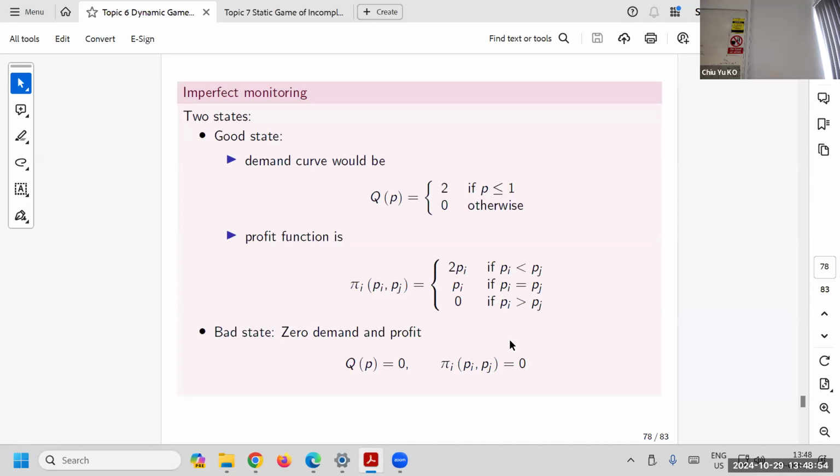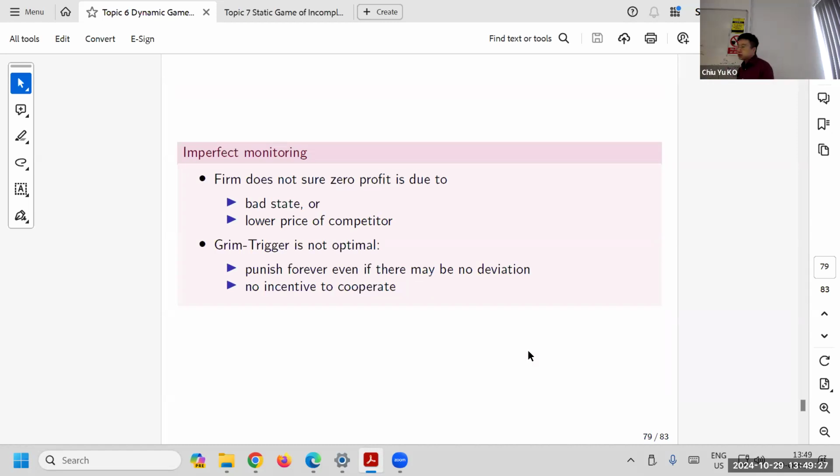If we are making profit, that's no problem. We are sure that none of us is cheating. But if we see we have 0 profit, what can we do? What can we say? Can we conclude something? It's hard to say. We can't really observe what's going on there. So that's an issue here. We can't perfectly observe. That's called imperfect monitoring. You can't tell whether it's the bad state or bad behavior from your